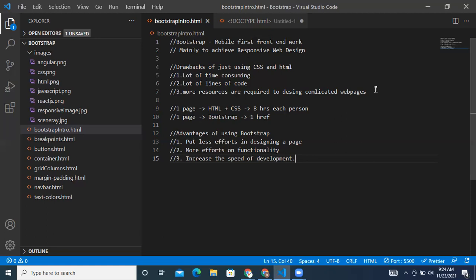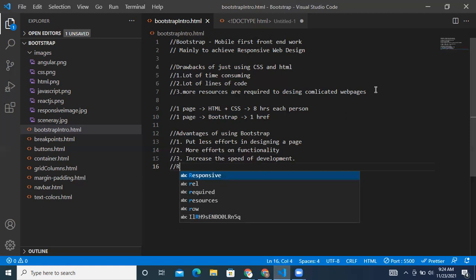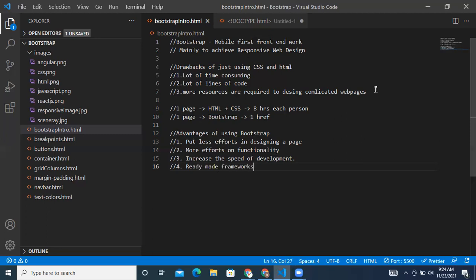Okay. So this is a ready-made framework. Ready-made framework means it has all the built-in classes and utilities. Okay, you just have to use them based on the functionality or the situations that you are in, based on the code requirements. Okay, you will be using those particular methods or classes.